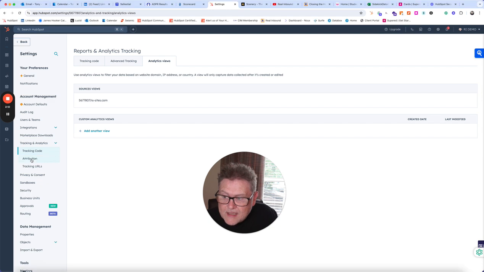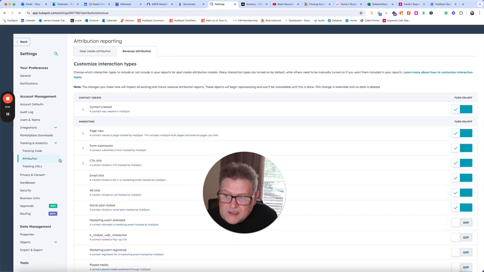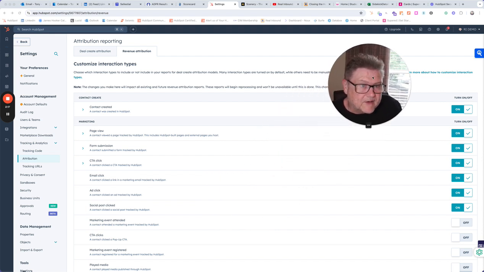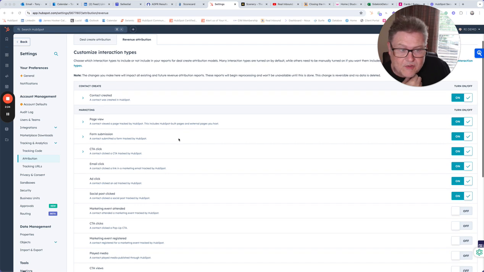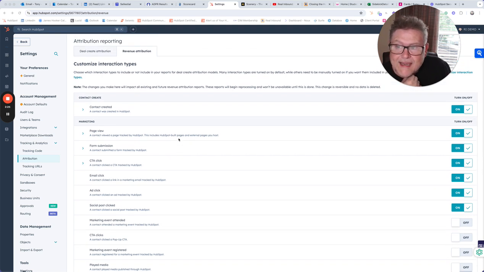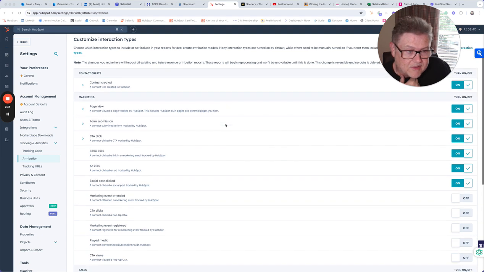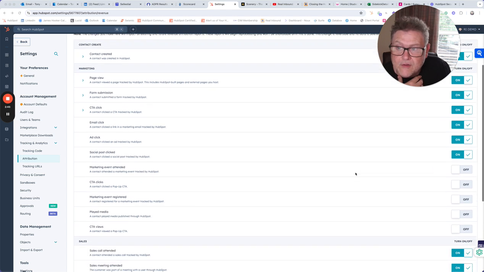If we move to the attribution section, now I'm going to move myself again. Now I'm going to be able to configure what is going to happen when various interactions happen. So how am I going to include these interactions into attribution reporting? So the first thing, obviously, we want to attribute that the contact was created. So I've got that switched on, as you can see here, and the page views, form submissions, and CTA clicks are defaulted on. Email clicks and ad clicks and social post clicks will all count towards attribution in the marketing